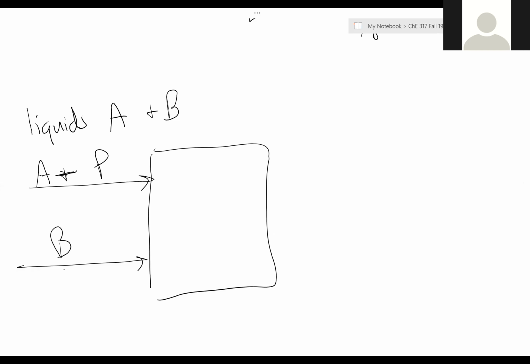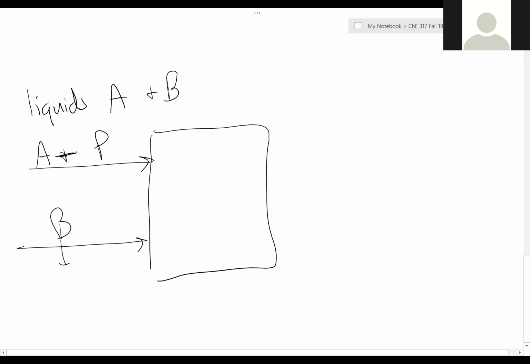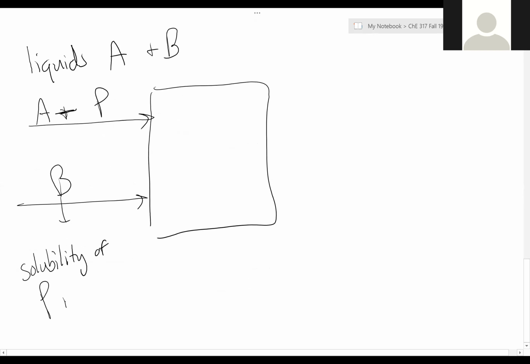And so if the solubility of P in B is greater than the solubility of P in A, then if we mix this system and then allow it to achieve some sort of equilibrium,